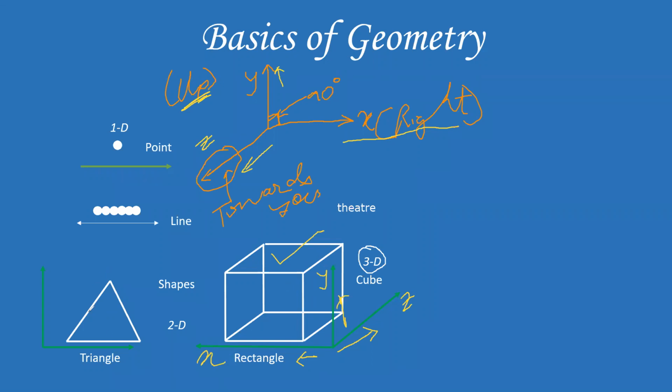But if you look at a triangle over here, you will see that this triangle has only two directions. This is the Y direction, this is the X direction. There is no Z. It doesn't go like this. There is only X and there is only Y. So I'll say it is 2D. Here it was going in three directions, Z, Y and X, so I would say it is 3D.